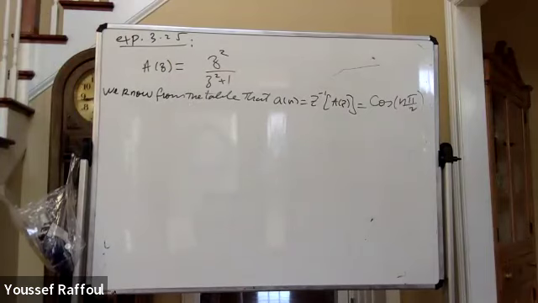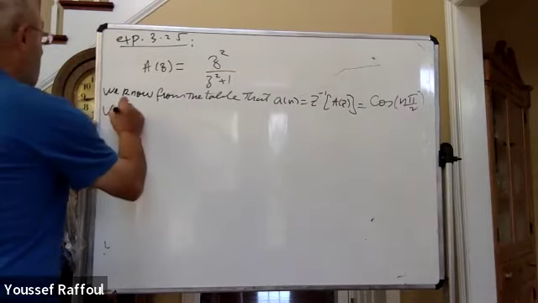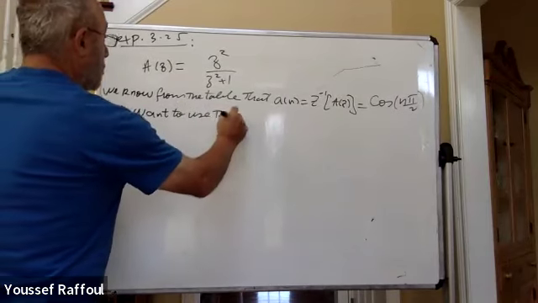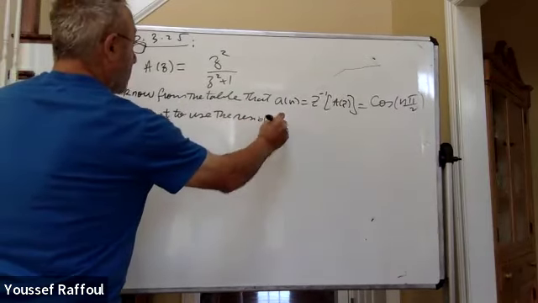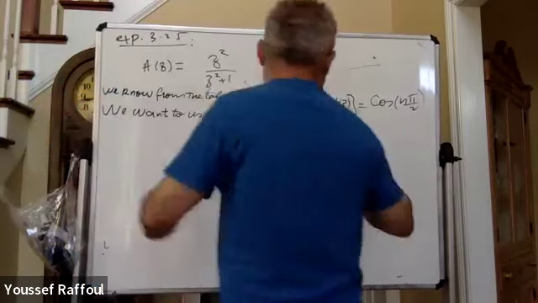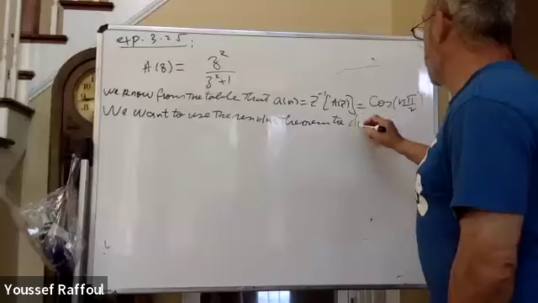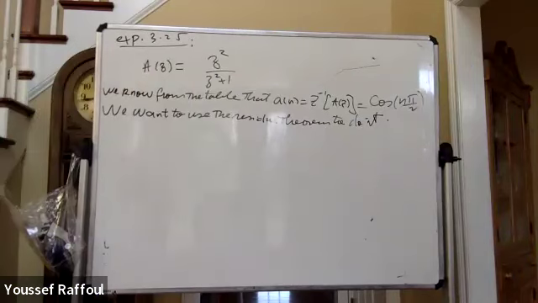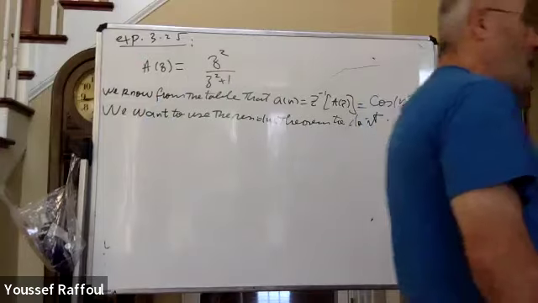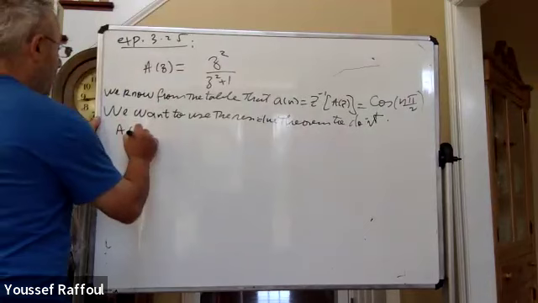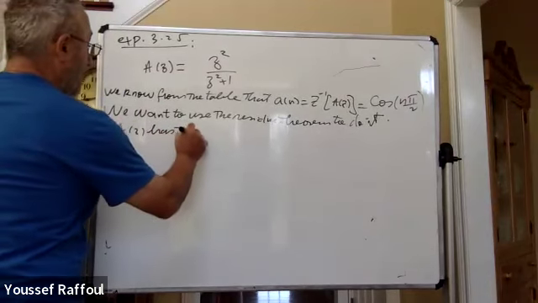Now, we want to use the residue theorem to do it. So let's use the residue theorem. Sometimes the residue theorem is helpful. It's a little bit easier. Sometimes it's not. So if I do the residue theorem, A(Z) has two